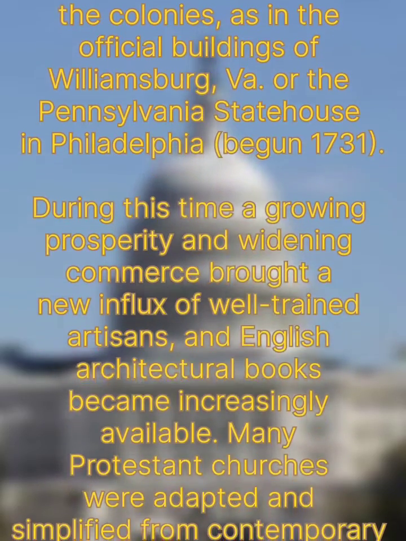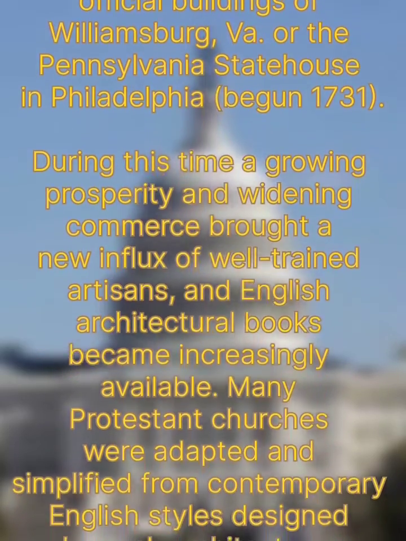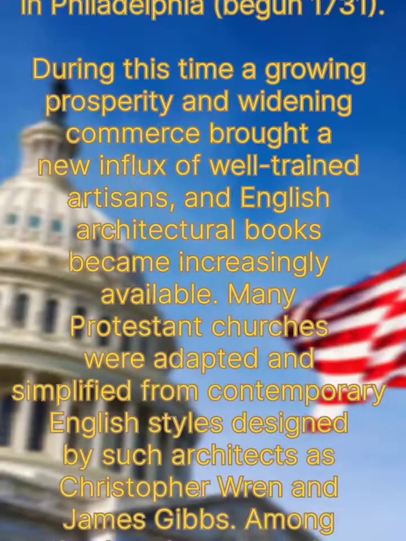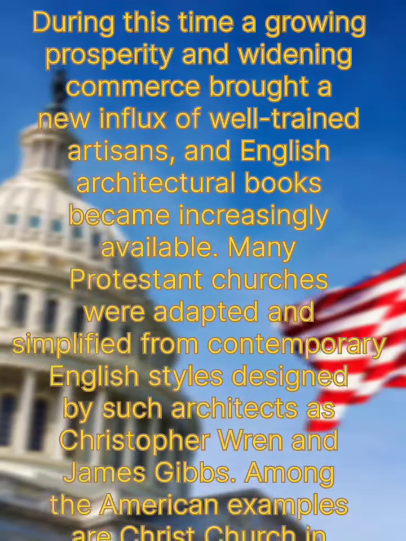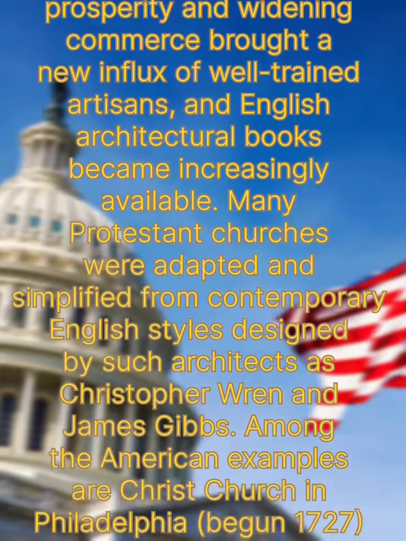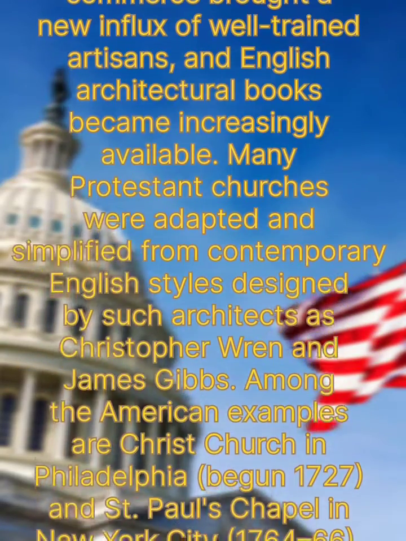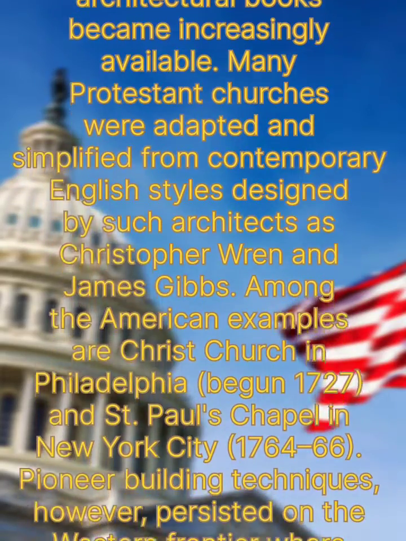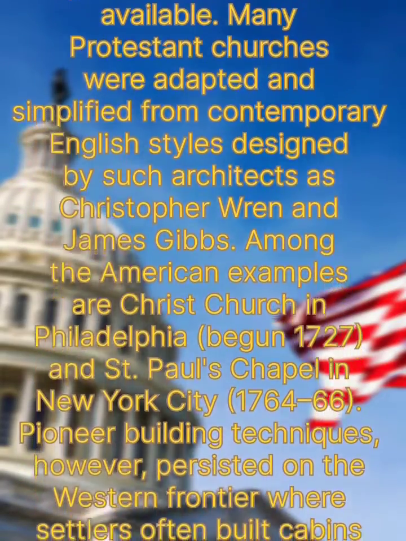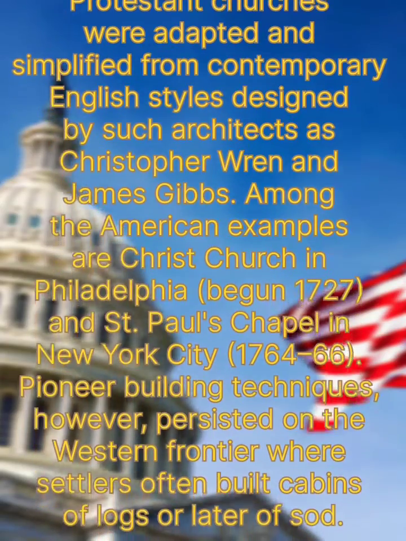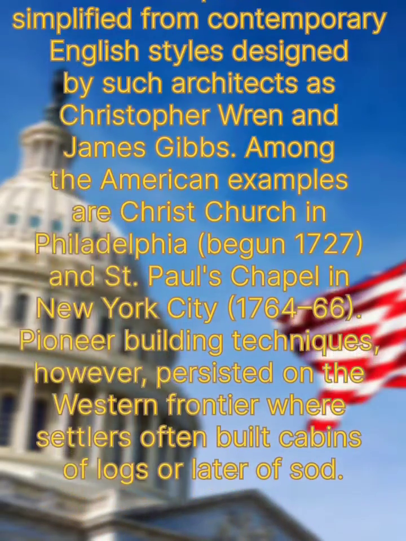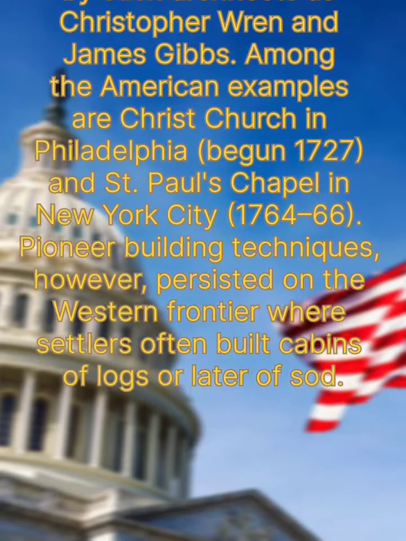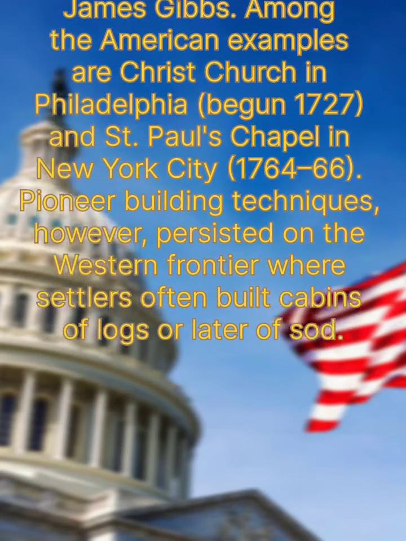During this time, a growing prosperity and widening commerce brought a new influx of well-trained artisans, and English architectural books became increasingly available. Many Protestant churches were adapted and simplified from contemporary English styles designed by such architects as Christopher Wren and James Gibbs. Among the American examples are Christ Church in Philadelphia, begun 1727, and St. Paul's Chapel in New York City,